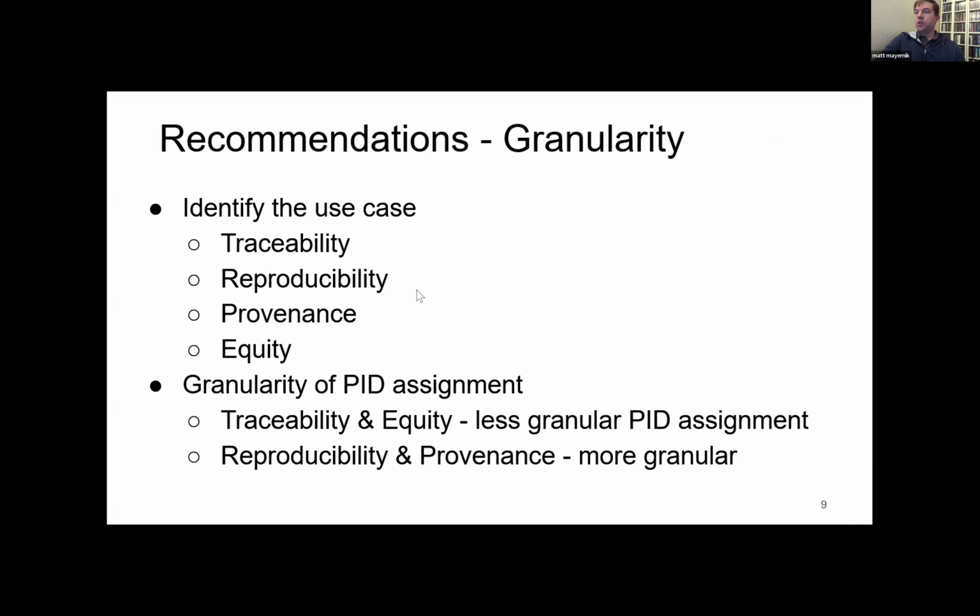But there are at least four use cases that have come up pretty strongly in our discussions. So traceability being you want to understand who's used your instrument. You want to look for papers. You want people to cite or acknowledge you and use that to trace products from a facility or an instrument. That's a use case. Reproducibility is a slightly different one, which is that you want to essentially redo a project by understanding the instruments, the facilities, the data, all that kind of stuff. That's a different use case than traceability.